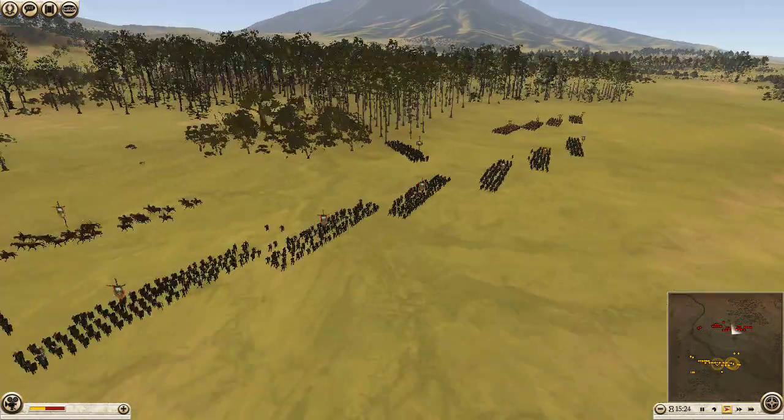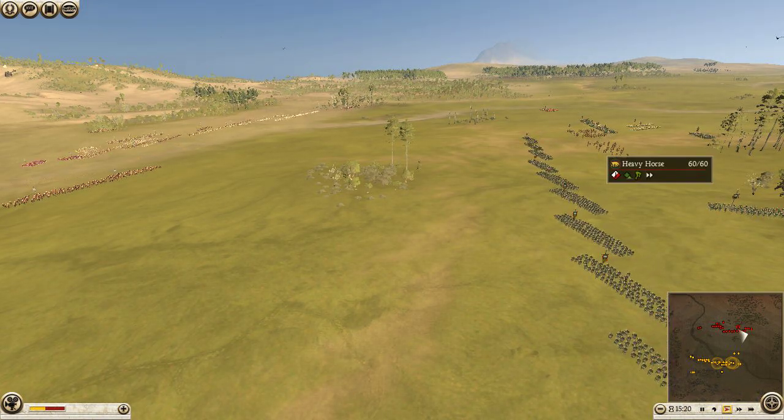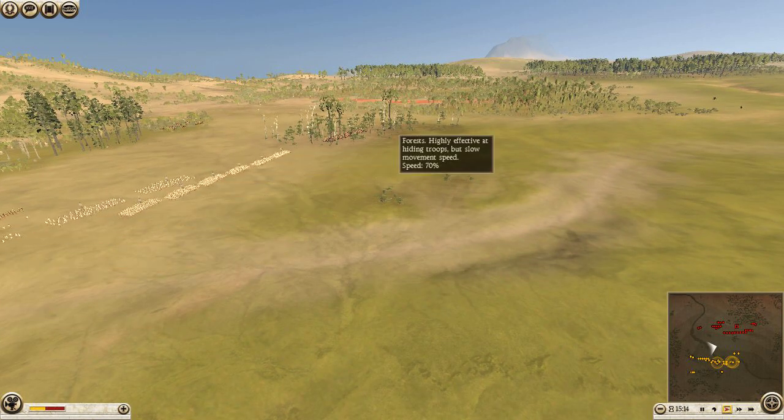And here he starts moving. So he seems to have sent all his cavalry over to the left hand side. He probably sees that I've got...